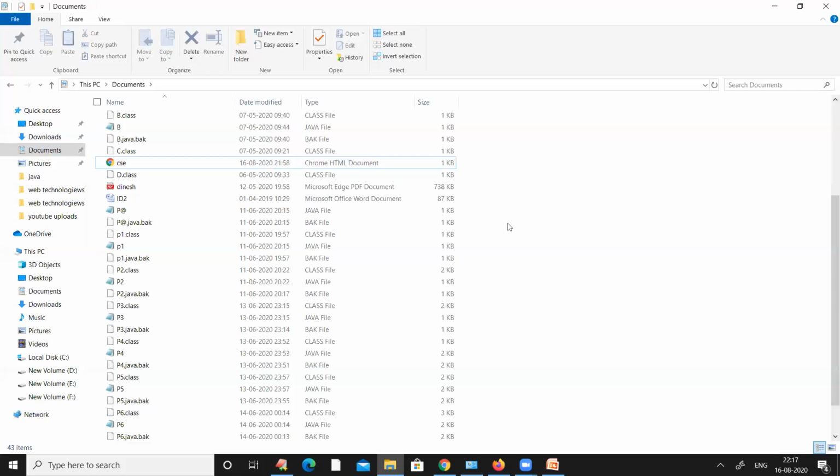In my computer, Google Chrome is the default browser. That is why each and every document with the extension .html will be saved with the Google Chrome icon.